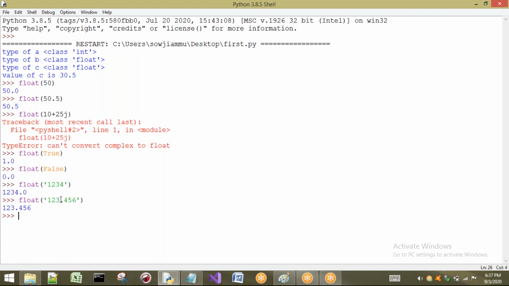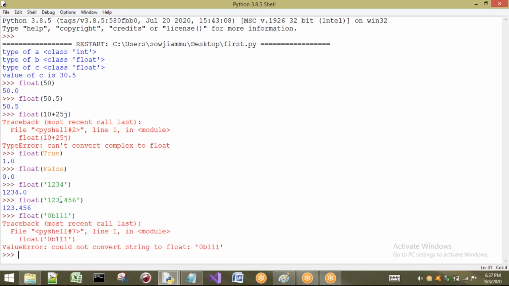Okay, right. Now I want to say here also it is not possible to have a string like 0b1111, for example; we are going to get an error, same like your int conversion. Now let us take some other value like float of 10j. Just let us see this one.